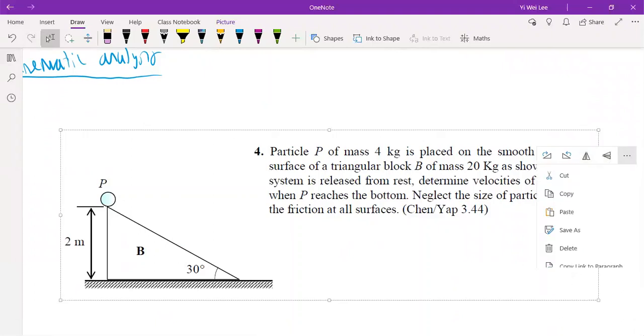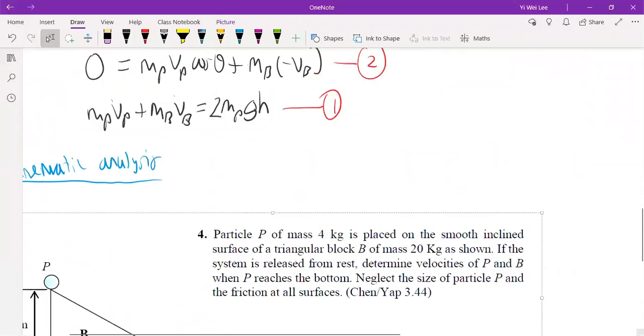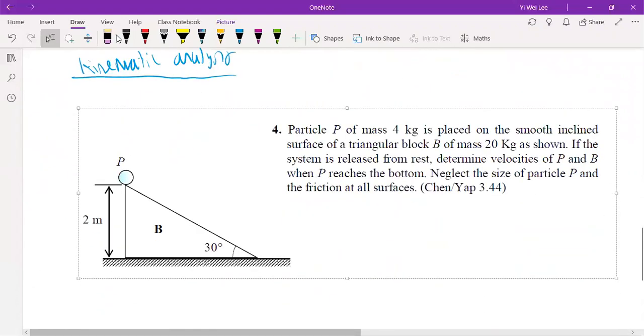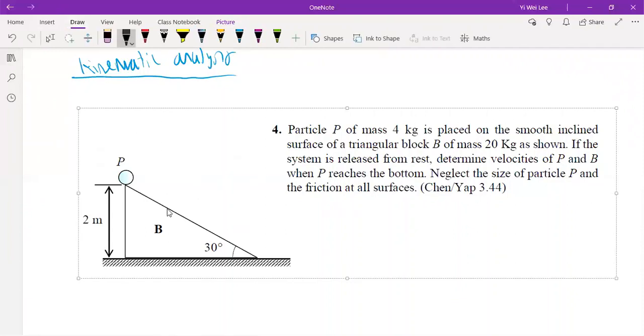Yeah. I don't think I can crop this thing, but never mind. So how do we do kinematic analysis? Let's just use this thing as a whole. So to crop this thing, or maybe I can use this. Oh no, I can't crop this thing. Anyway. So to do the kinematic analysis, what I'm going to do now is that I'm actually going to split